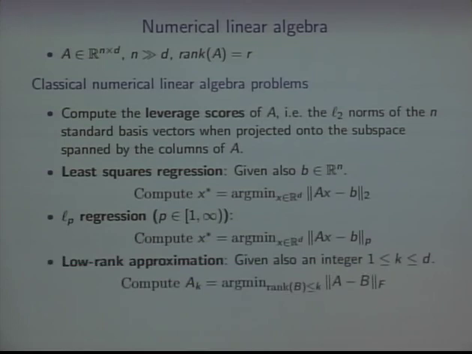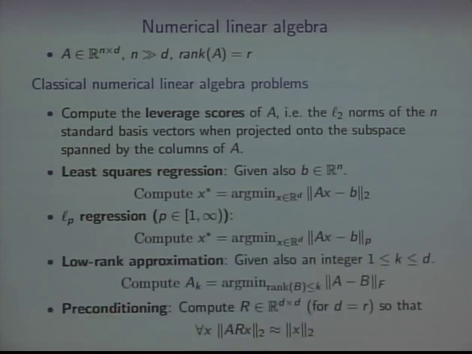So there are a few problems here. I'm not going to spend time on all of them, but let me just say a couple. So say least squares regression. You collected n data points, each one is in R^d, and you're trying to fit the best line to your data that you can. By best, I mean you minimize the sum of square distances to the line. So that's least squares regression. Low rank approximation is basically at the heart of, say, principal component analysis. And all these things get used in various contexts. So there are several problems here.